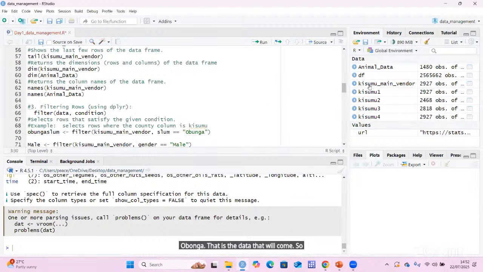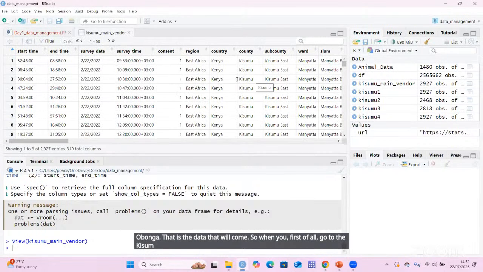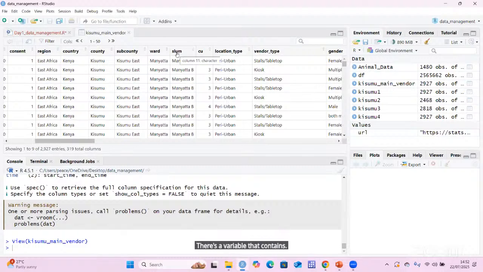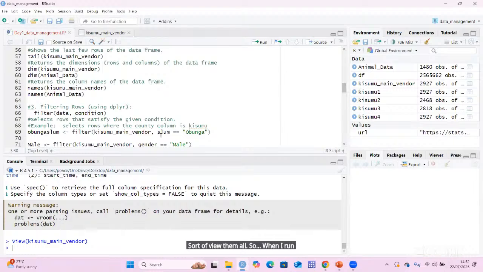So when you first of all go to the Kisumu main data here, there is a variable that contains the slum. There are different slums here, and we have one called the Obunga slum. We shall see how to view them all. So when I run the filter line, by specifying that the slum should be Obunga, we should be able to see the outcome. So when we run,